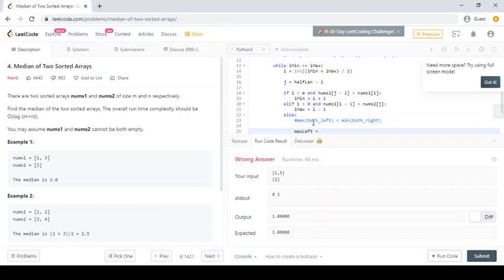Max of left would be the max of the last elements of both left arrays, because we know the greatest value in a sorted array is the last element. Instead of calculating over whole arrays, we directly calculate this to reduce the load and increase the performance.